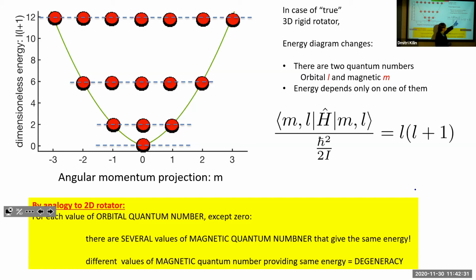And if you care, practice is the same thing, then the energy will be determined not by the literal square, but by L times L plus 1. There is a way to derive it, but it is not in the remaining 2 weeks before the end of the course. And a relation between angular and magnetic quantum number is that